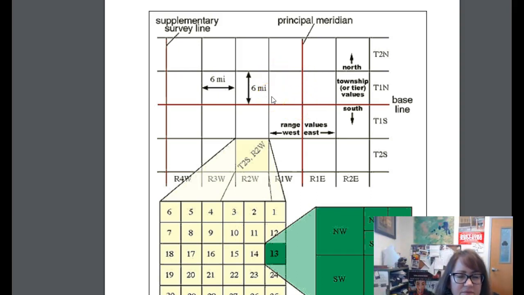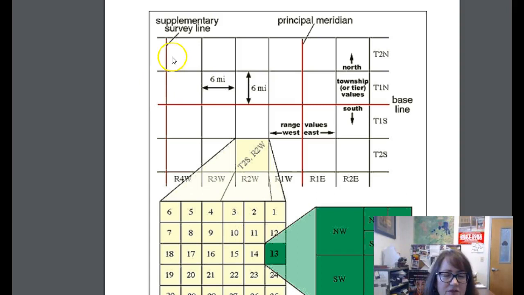So that means that this quadrangle, this section, this is what is called a township. If we look at this square right here, you see that the smaller squares are 6 miles by 6 miles in a perfect world. So if we go out 4 of these and up 4 of these, we have a 24 by 24 mile square, that is referred to as a quadrangle. Now you may also remember that we have guide meridians,